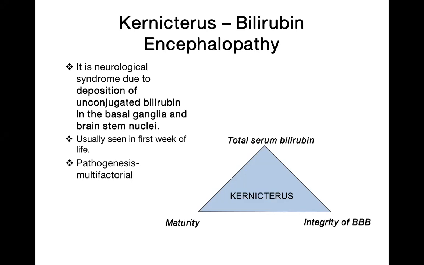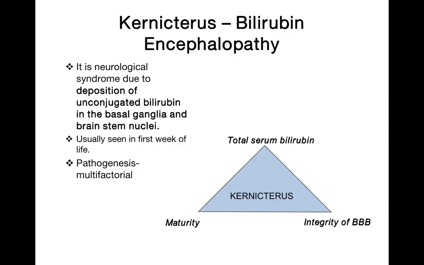In case of newborn, whatever causes are there, the most common type I'm talking about is unconjugated hyperbilirubinemia. That unconjugated bilirubin can cross the blood-brain barrier, especially if that baby is sick or ill because of sepsis, or because of any other causes like CNS infection, sometimes hypothermia, sometimes acidosis. All these will